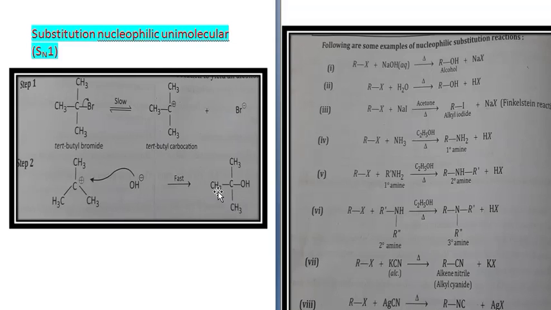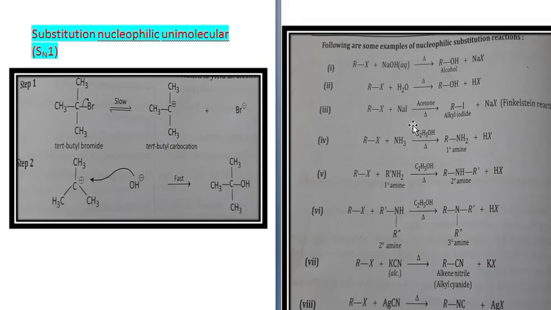Now let us see a few examples of the reactions. The mechanism of substitution reactions you were supposed to study in class 11 in detail, so I am not going into that. Some examples of nucleophilic substitution reactions. First, when an alkyl halide RX is treated with NaOH, X is removed and in its place OH is added, so you get ROH plus NaX. Second example, RX is treated with water and heated, again X is removed and in its place OH is added, so you get ROH plus HX.